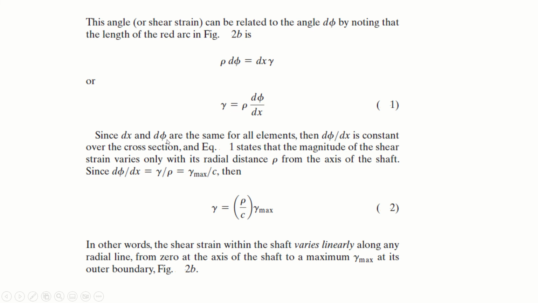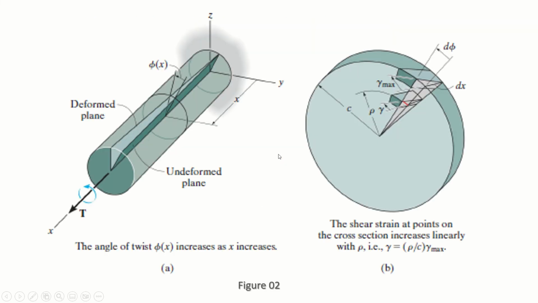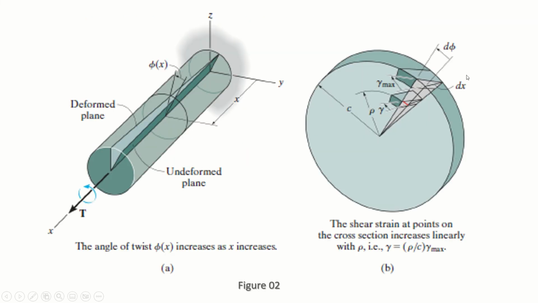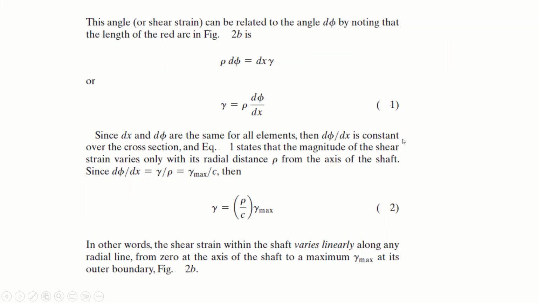Since dx and d phi are the same for all elements, d phi is basically the angle and dx is the thickness. So along this disk, the dx will remain the same, and the same is the case for d phi, right? So therefore d phi over dx is constant over the cross section. So for this whole cross section, this d phi over dx will remain constant, and equation 1 states that the